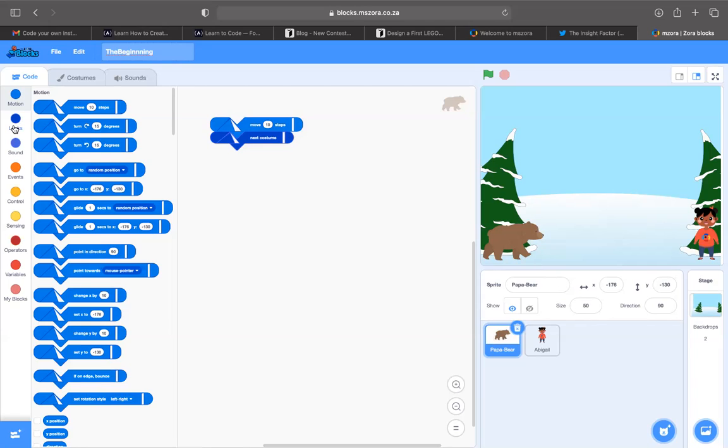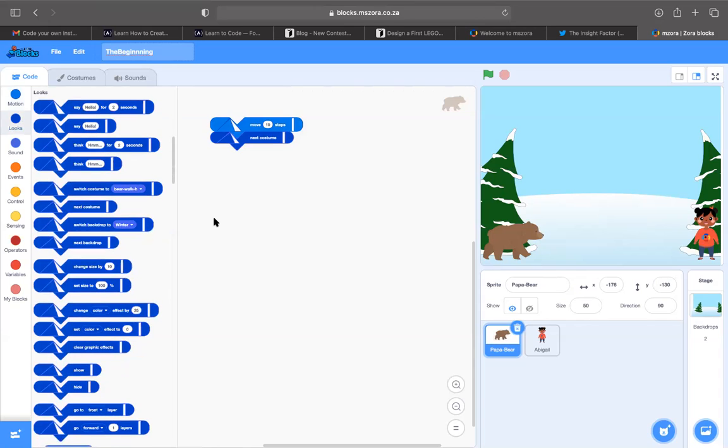So we are going to go to looks because we want to change the looks of our sprite. Are you in looks? Okay, I suppose you are there.